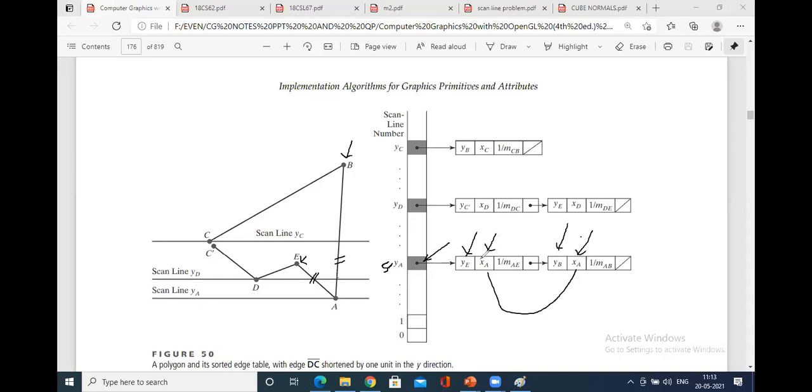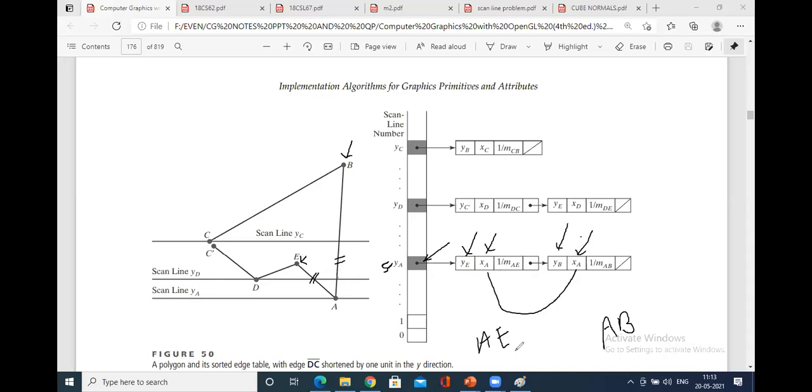Once again, I repeat, first A will be taken in the data structure. You have to identify the two vertices that are being connected. You have AE, AB. In AE, what is the value of Y? So it is YE, first box of the data structure. YB at the other side that is being connected. Now, when you write this data structure XA, you have to identify in both this point, that is AE, now you'll understand, and AB.